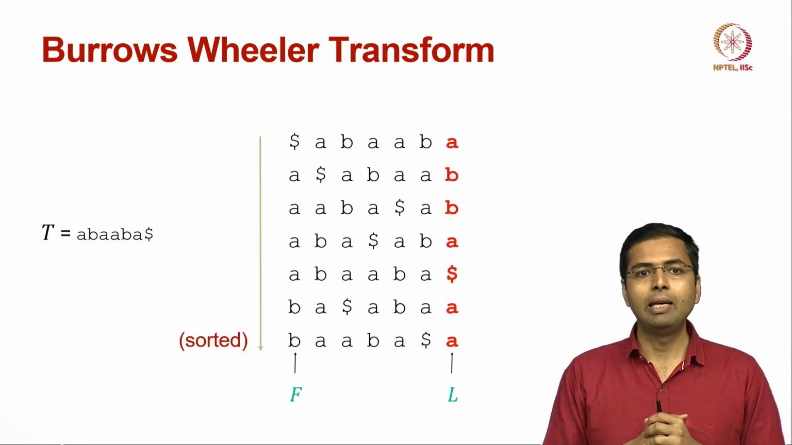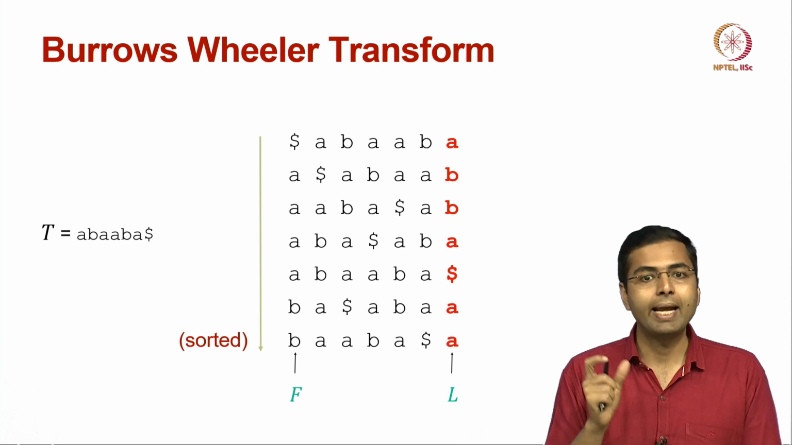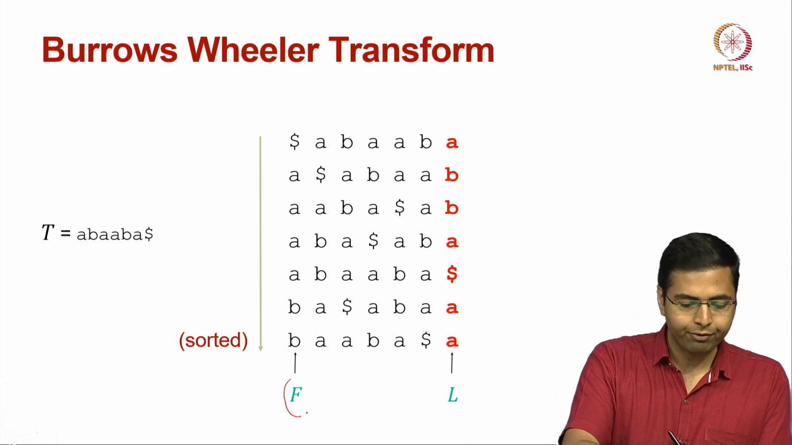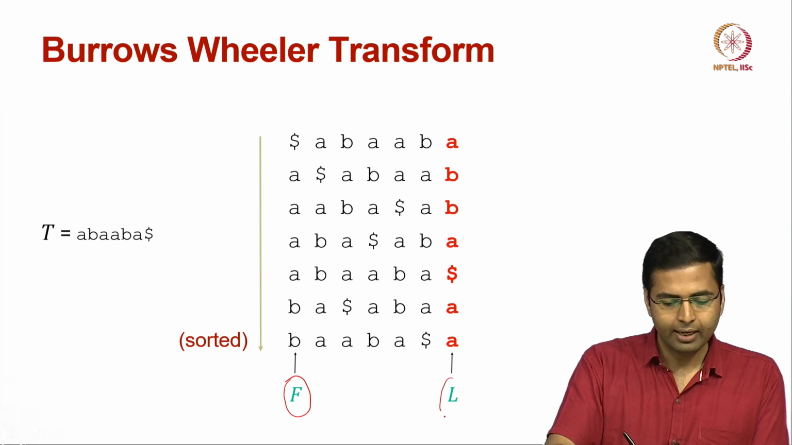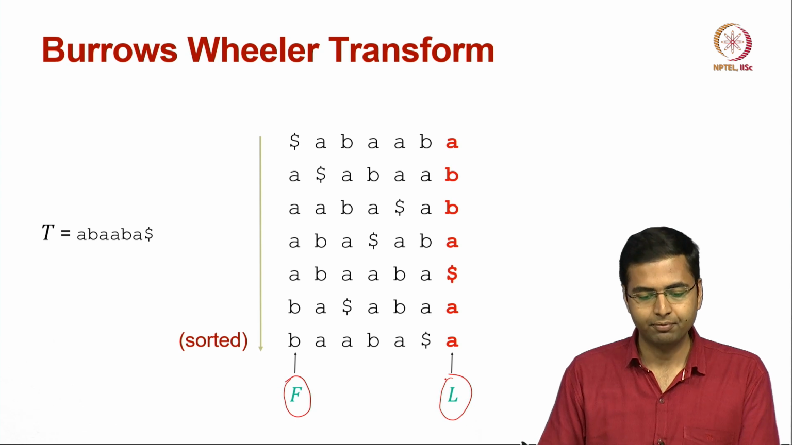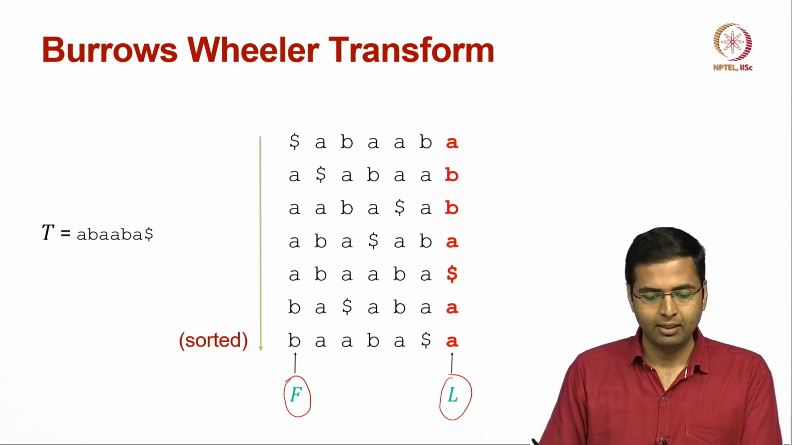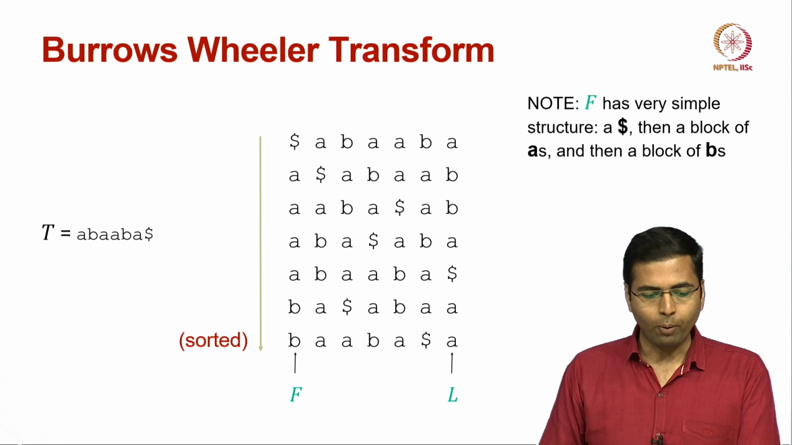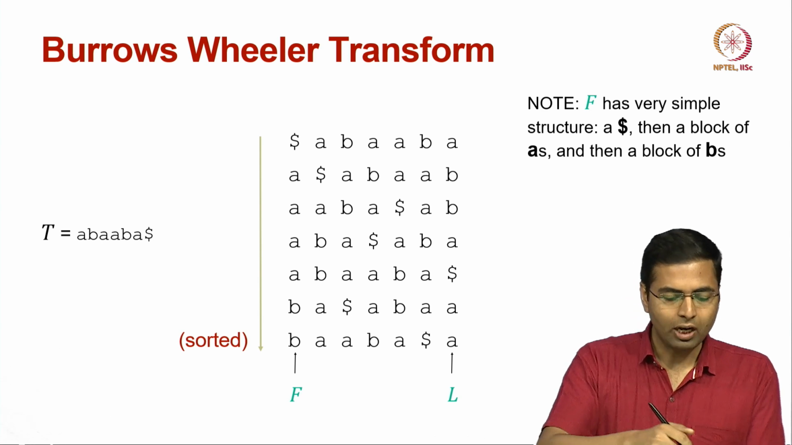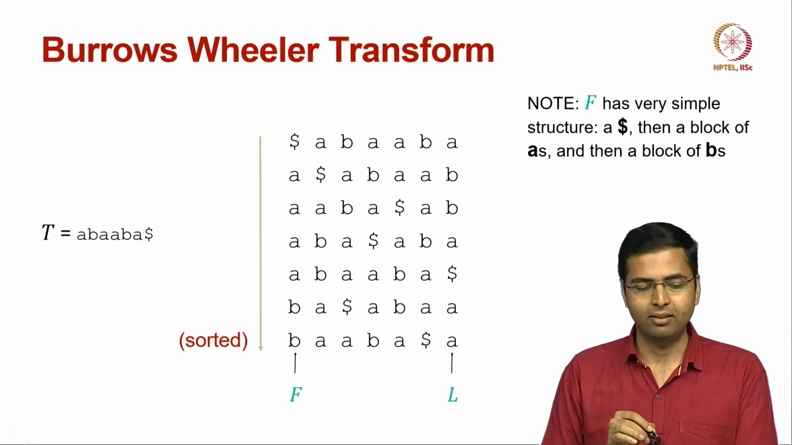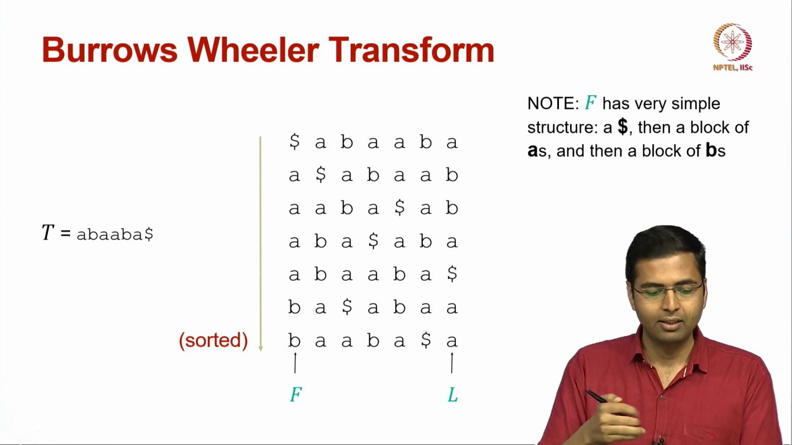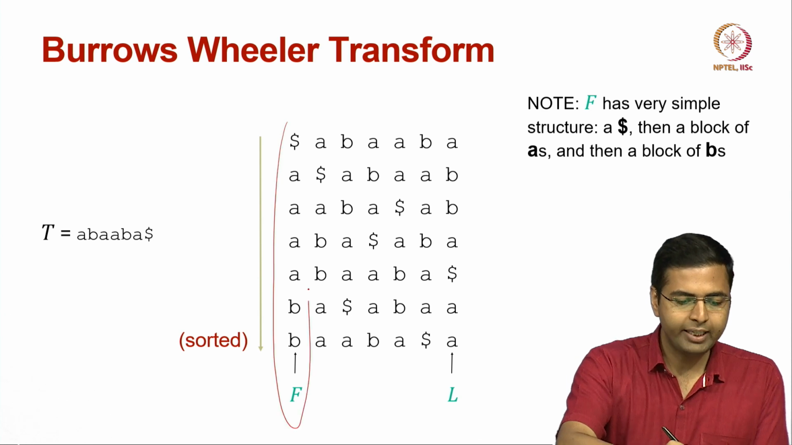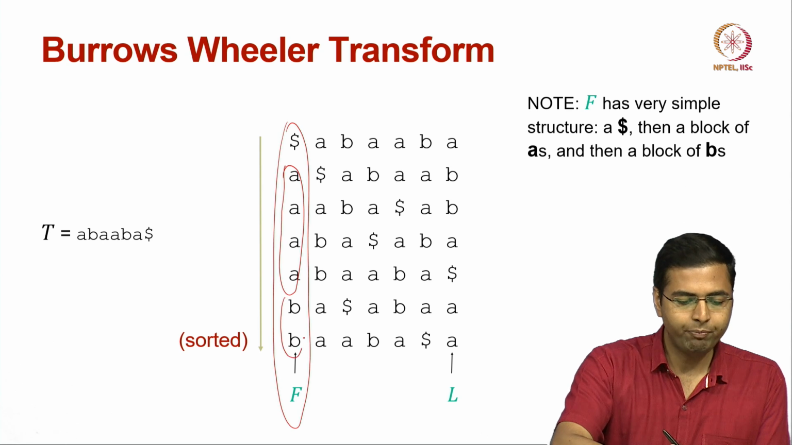As a starting step, let me define columns F and L. Column F is the first column of this matrix and column L is the last column of this matrix. Observe that as a first step, column F has a very simple structure, that is, it starts with the dollar symbol, then you see consecutive A characters, and then you see consecutive B characters,